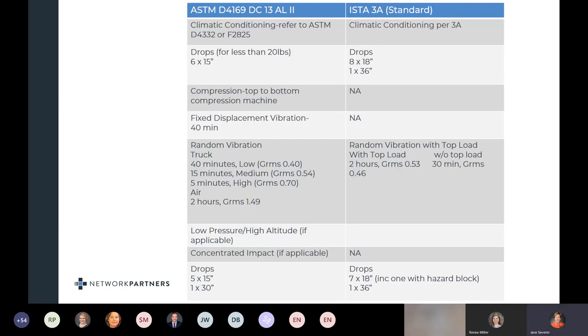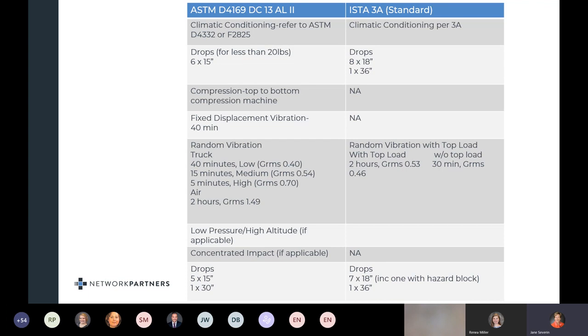Here's a chart comparing the elements of D4169 distribution cycle 13 assurance level 2 and ISTA 3A. You will see that they are very similar with the exception of the top load vibration included in 3A. This is a dynamic top load. This is not included in D4169, but is included in ASTM